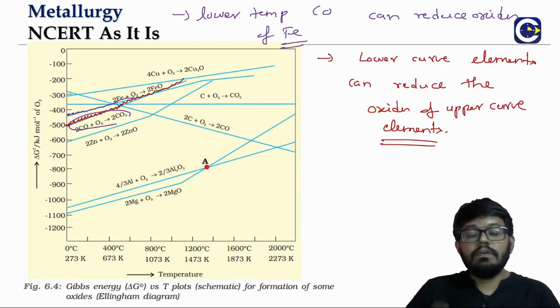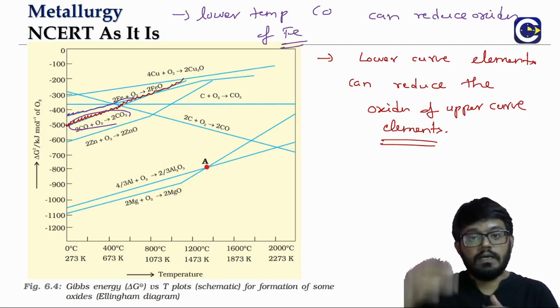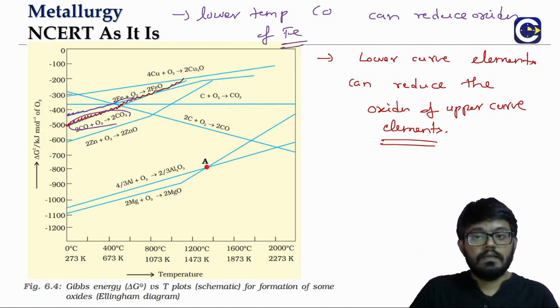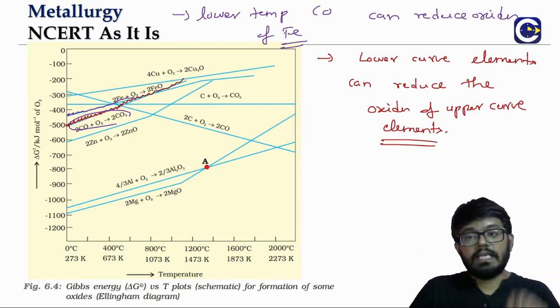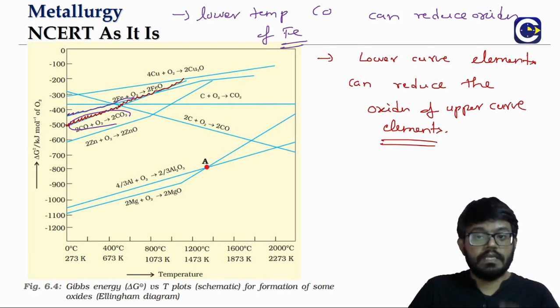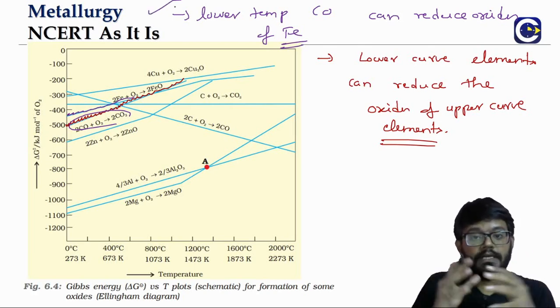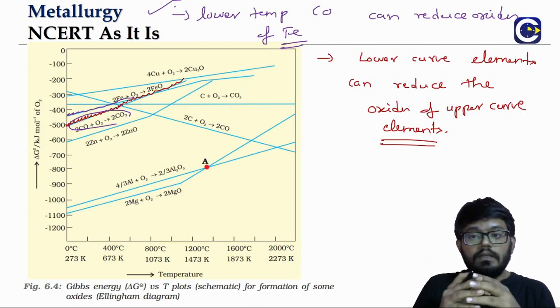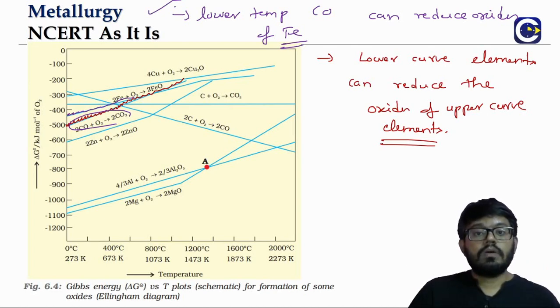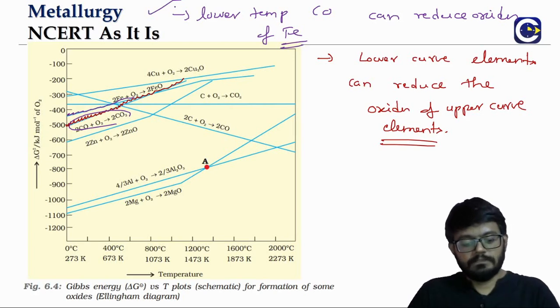So accordingly, we will see when we go to the overall reactions that will happen in the blast furnace, in some part of the blast furnace, carbon monoxide will act as a reducing agent. Where is it going to act as a reducing agent? In the low temperature zone. In the high temperature zone, what happens? Coke will be able to act as a reducing agent.